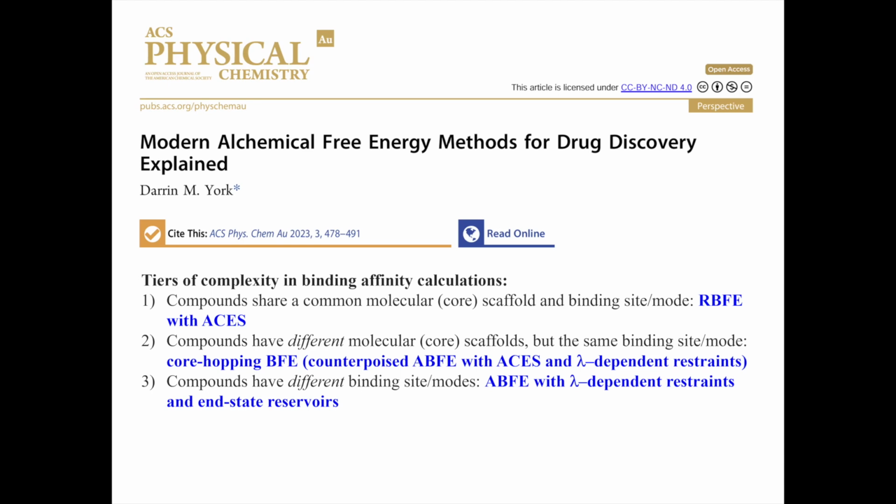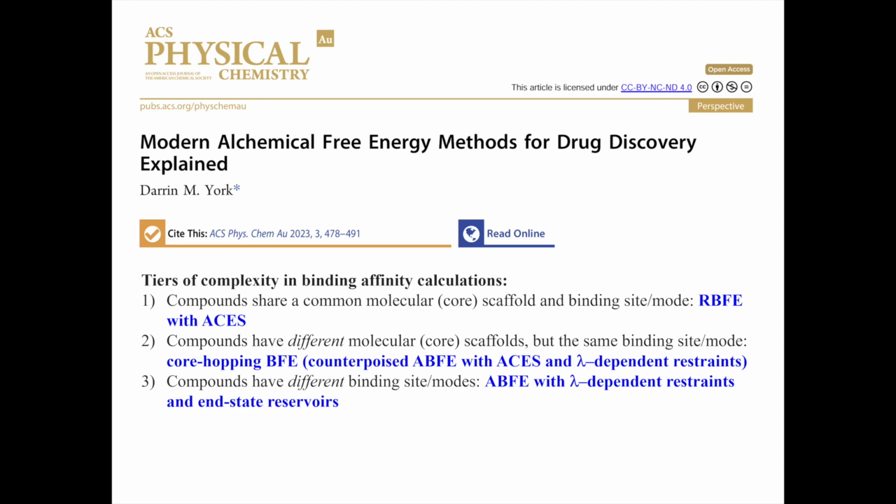This atom goes into that, this atom goes into that atom, and so on and so forth. What I mean by different scaffolds is when that's not clear. Maybe you have a 5-membered ring and a 6-membered ring, or something of that nature. So there's not necessarily an atom-by-atom mapping, but those things are still kind of on top of each other. That's what I mean by having the same binding mode.